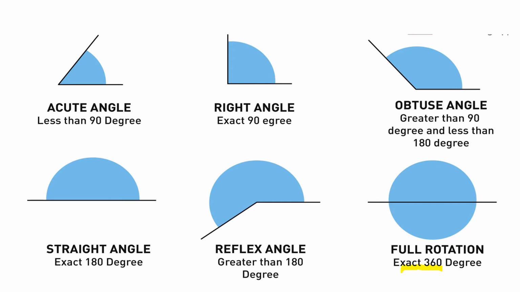See, at 12 o'clock, the hour hand and minute hand are together. Where the two hands go together, no angle will be formed, so that is a zero angle. Then 3 o'clock and 9 o'clock, those two angles are right angles. Then 6 o'clock, that is a straight angle. If you have free time, take your clock, rotate it and measure the angle.